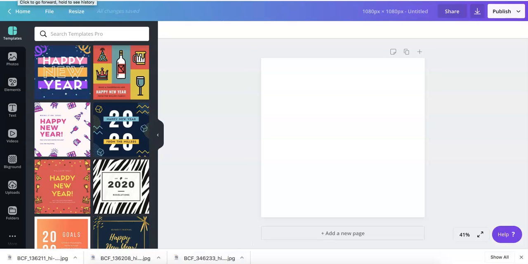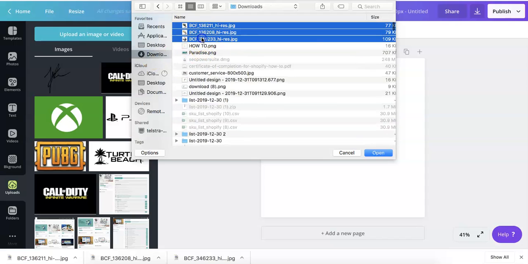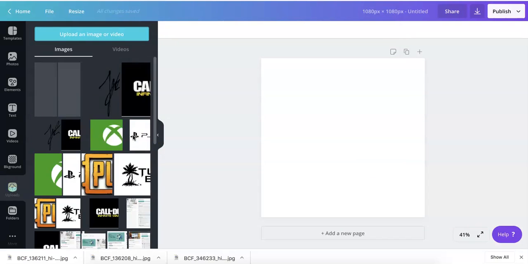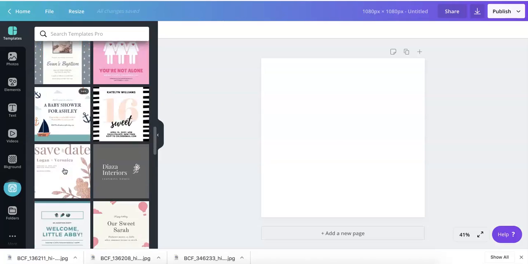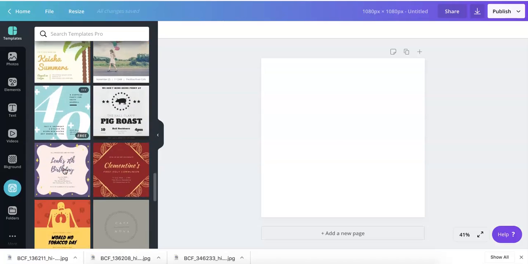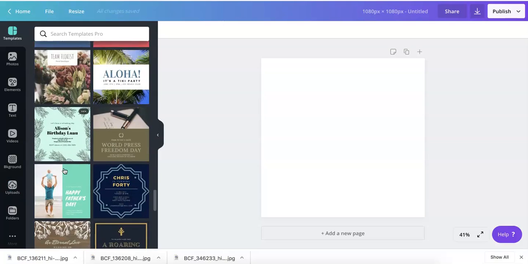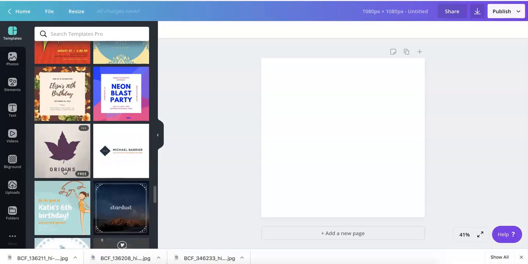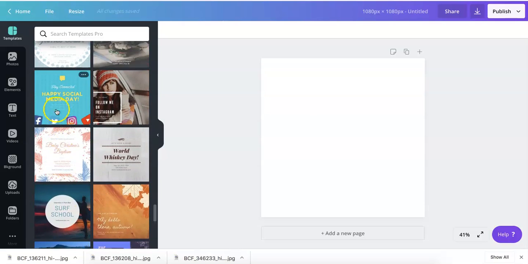Once you've got your photos downloaded from your website or wherever you got your images from, what I like to do next is go to upload, from your desktop or wherever you've saved your photos. Put them in. And if you can, try to find a nice little theme or something on your ad that will make it stand out a little bit. You can make it yourself if you've got some really good design ideas. But I like things like, let's say this for an example,